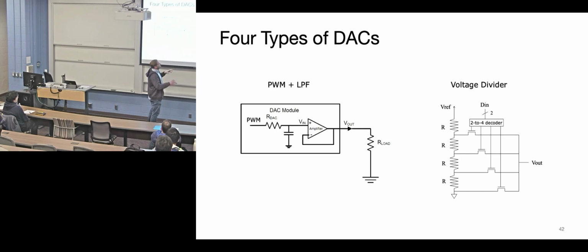The buffer is doing the same conceptual idea of signal conditioning that the sample and hold does on ADCs. A sample and hold will sample something and hold a value there so the ADC can convert. This is holding the output voltage of your DAC, so the load doesn't corrupt it. The voltage divider topology is the equivalent of the flash ADC. There are values that are always available, and you're switching which value goes to the output.